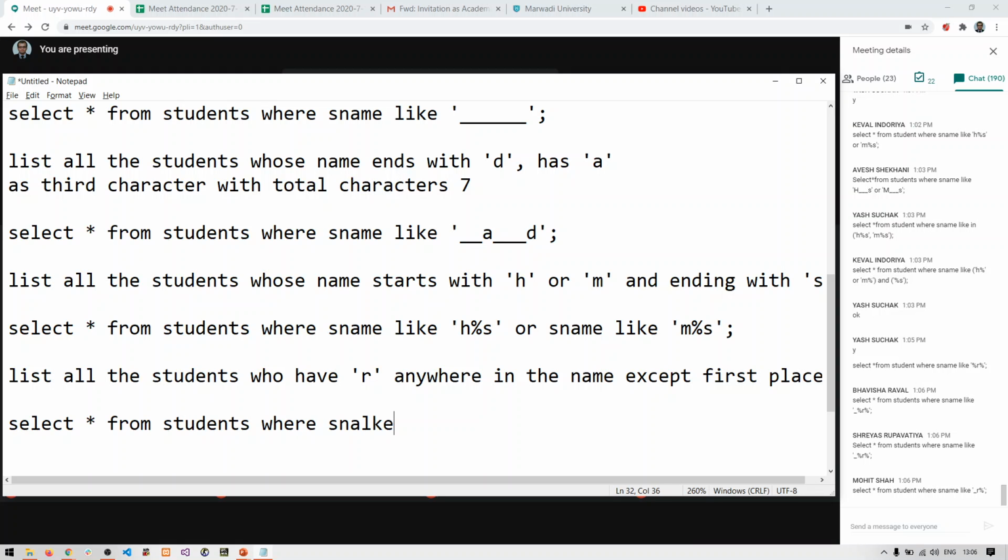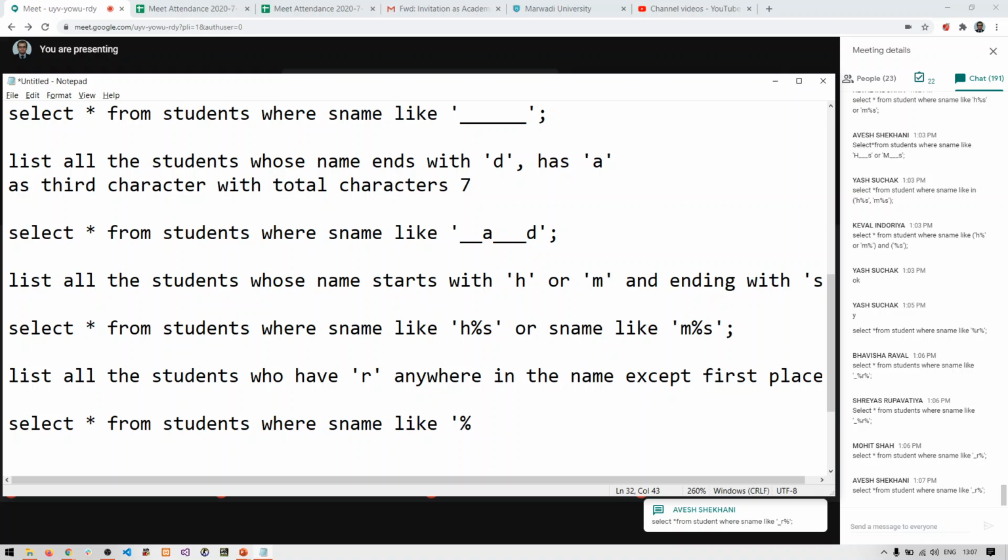Where S name like single quotes percentage, that is any number of characters, then R, and then any number of characters, that is percentage. So I hope it is clear with everyone.